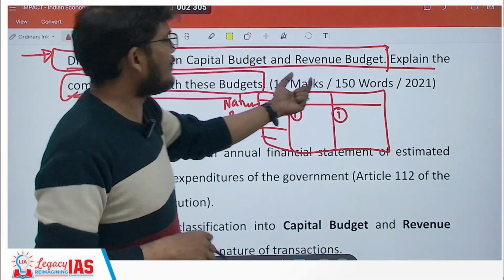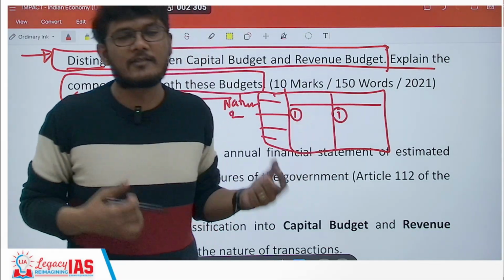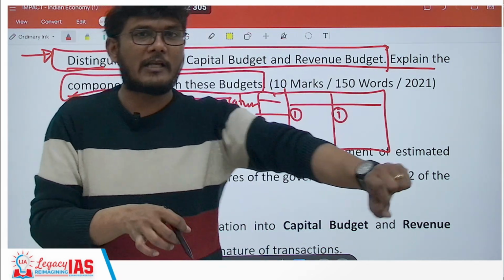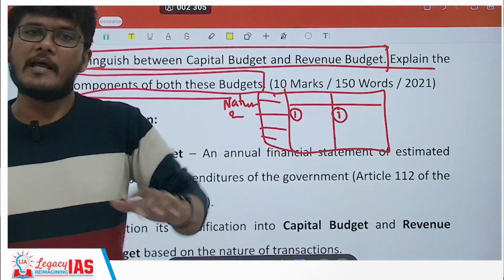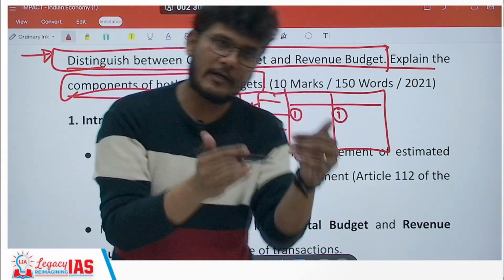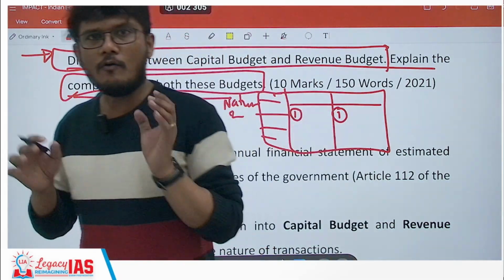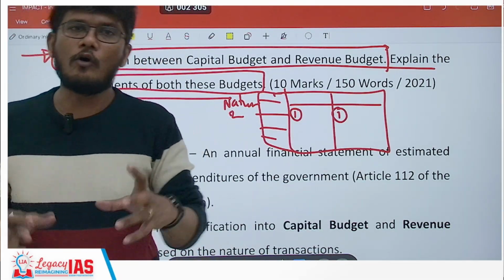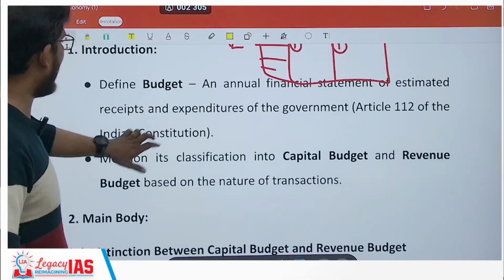Or if it is just 150 words and time is also less, words are less, so you can just draw the diagram and keep on giving examples and explain there itself, and that should be good to go. Or you can skip the diagram and write it in text itself, that is also fine. If you do both, it will be more time consuming and words will be required. So you can choose either of the ways to go ahead.